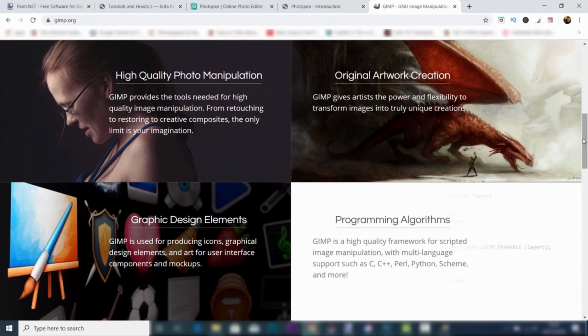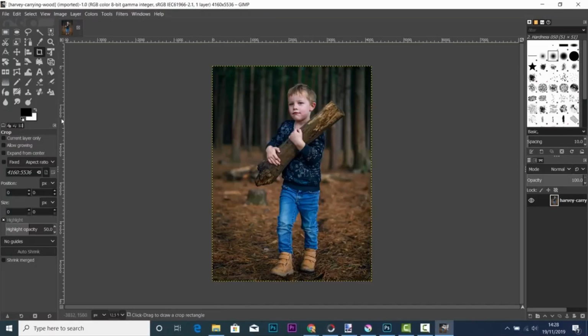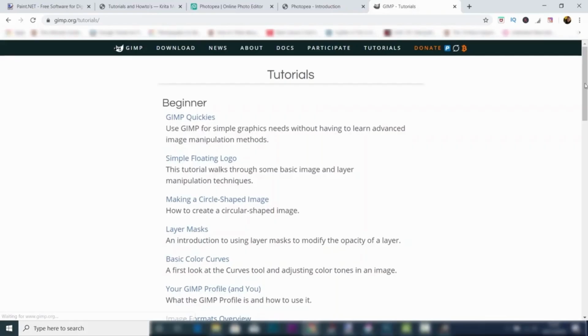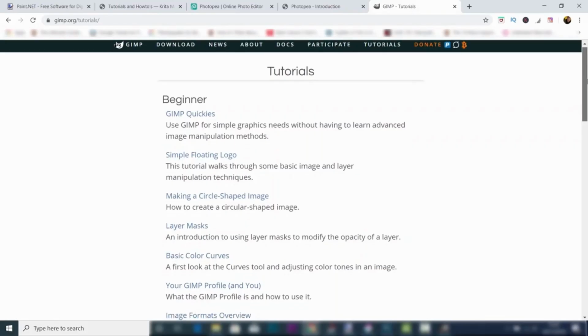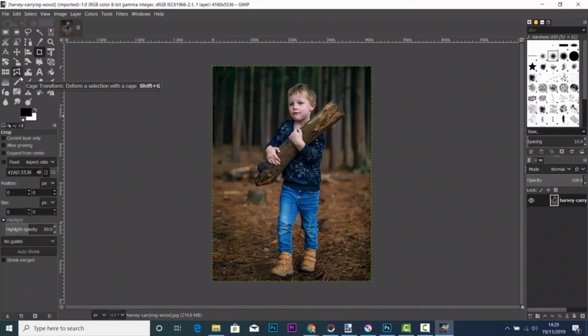GIMP has a bit of a different layout to that of Photoshop, and it can take a little bit of time to get used to, but you can learn from tutorials found on their website. When you've actually learnt these tutorials and you've got to grip with this program, you'll see how amazing it is for free software which